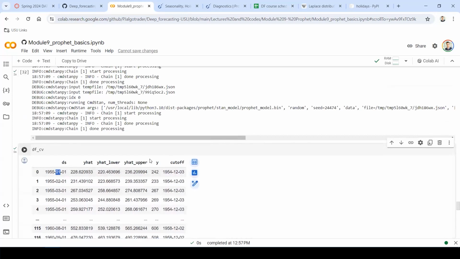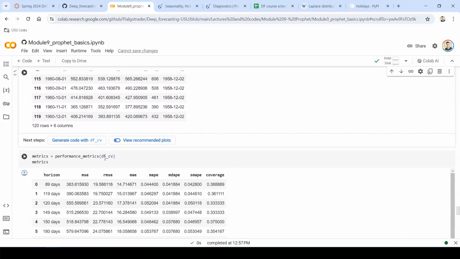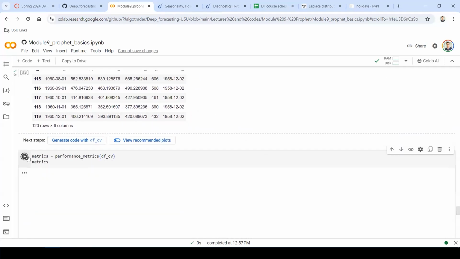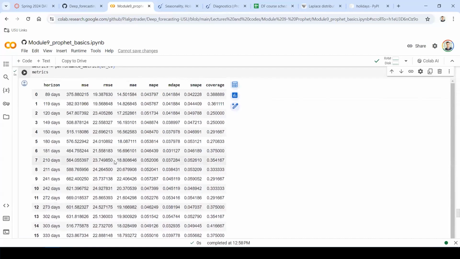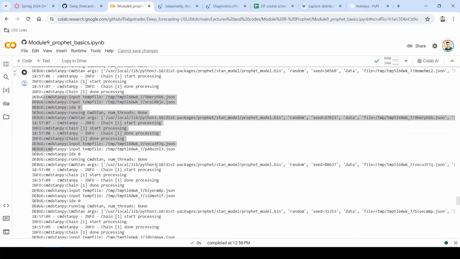All right. Then off of this data set, df_cd, I can call performance metrics. So this is also very interesting. I'm going to do another plot and then explain it here. First of all, it's going to summarize some time-series metrics for you: mean squared error, RMSE, MAE, MAPE, etc., right? So let's do MAPE. So this is our mean absolute percentage error. And the way that it works in Facebook Prophet, which I actually found interesting, is we have